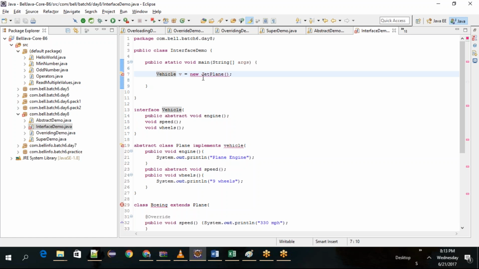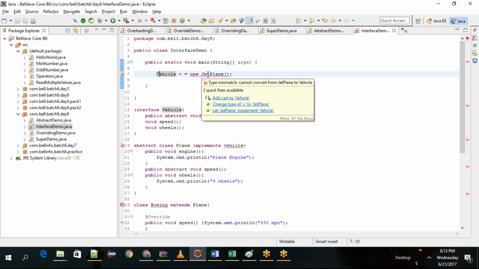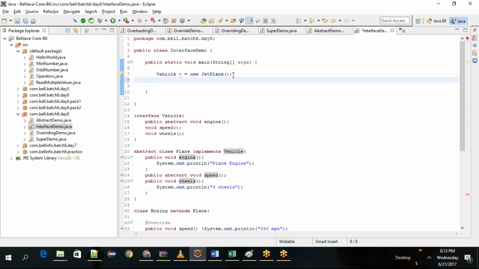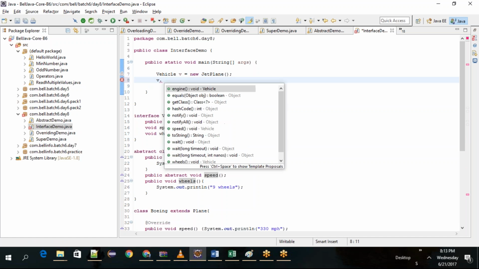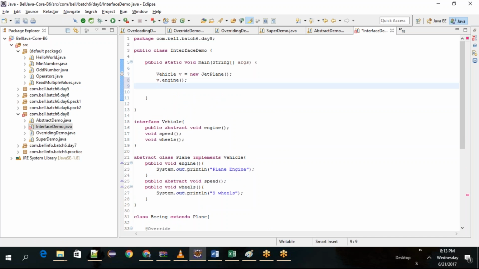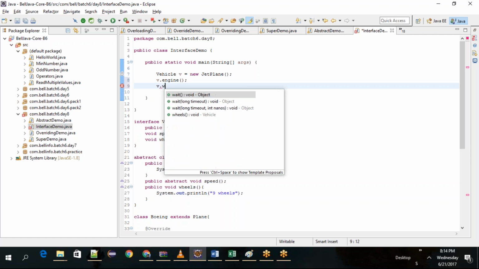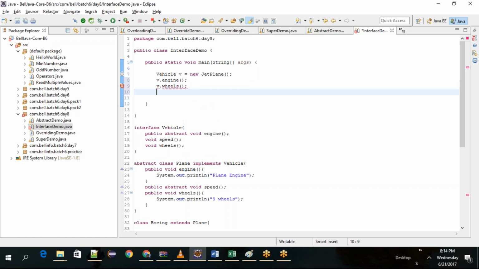You're supposed to never make such mistakes. Right, so now you can say v.engine, v.wheels, v.speed. When you run this program,